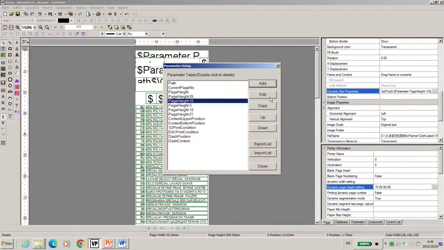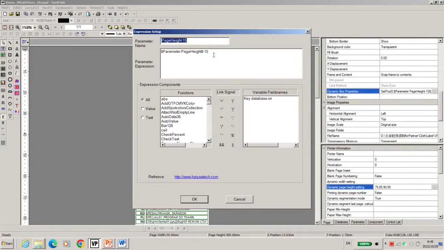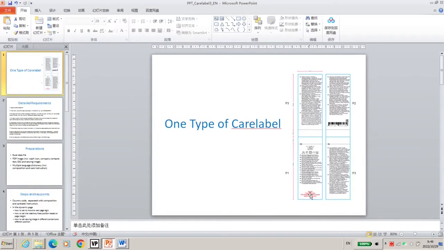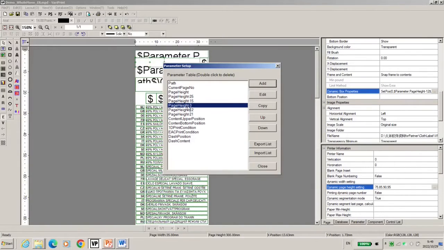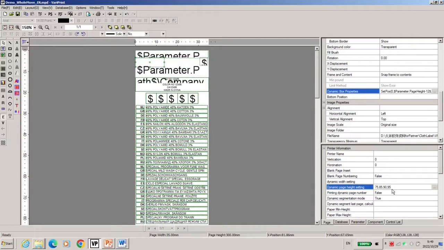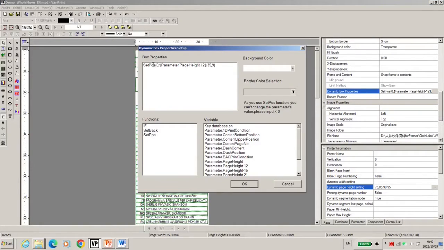And this one, minus 15, is for the company information block. In this way, minus 3, minus 11, these are all relatively fixed position values. So we define it, link it to the company box and set a parameter. That is the position of this box, dynamic but relatively fixed.